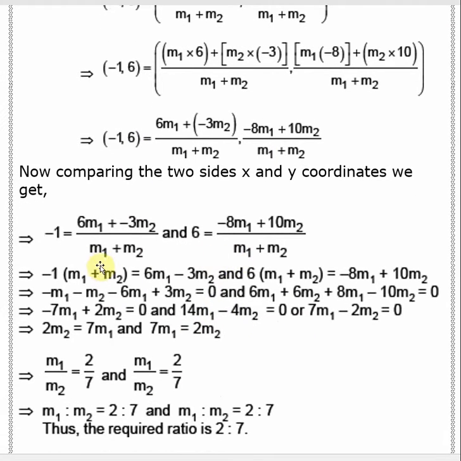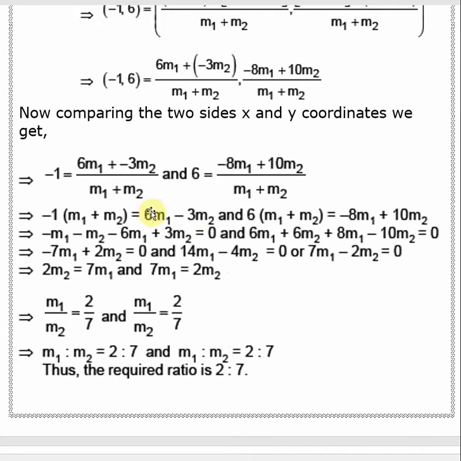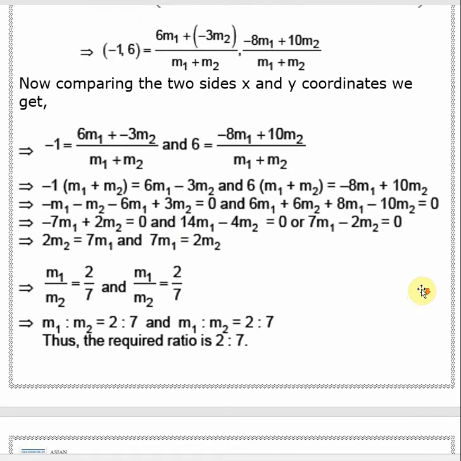Directly it will not come. There will be two equations coming, with m1 and m2 as unknowns, and you have to solve them. If you solve it, you will get the m1 and m2 values. The solution is up to you, how easily you can do that is totally up to you. You can do it in your own process.